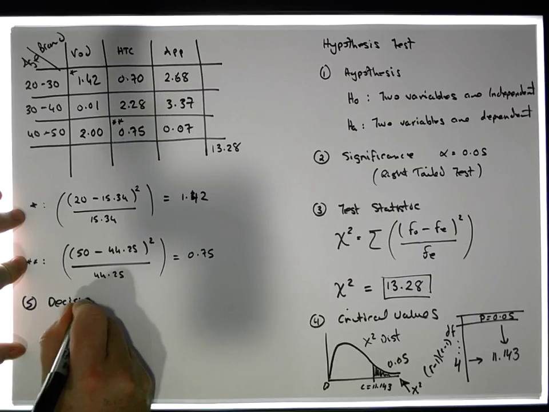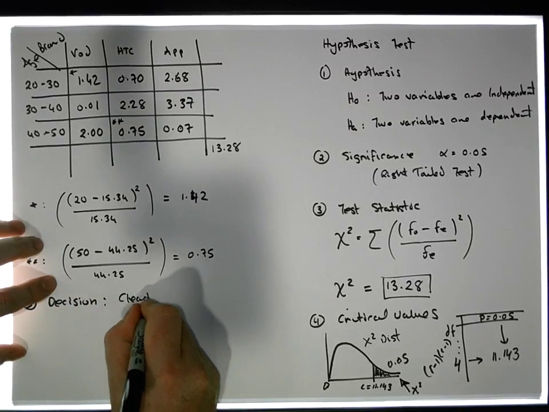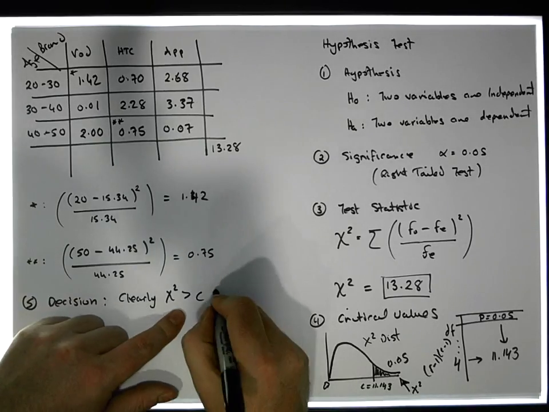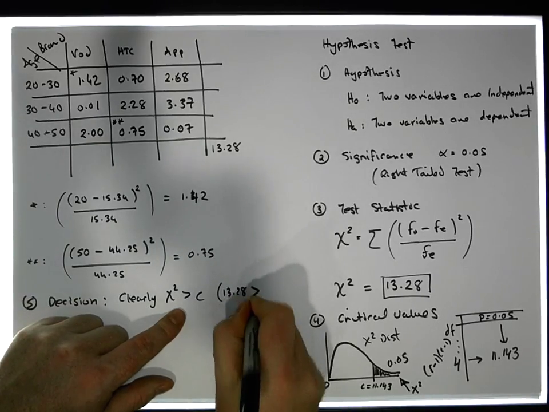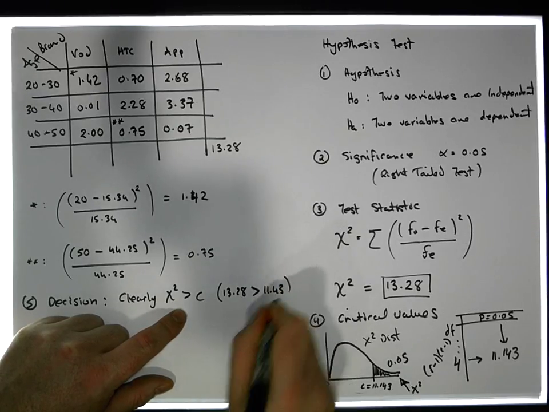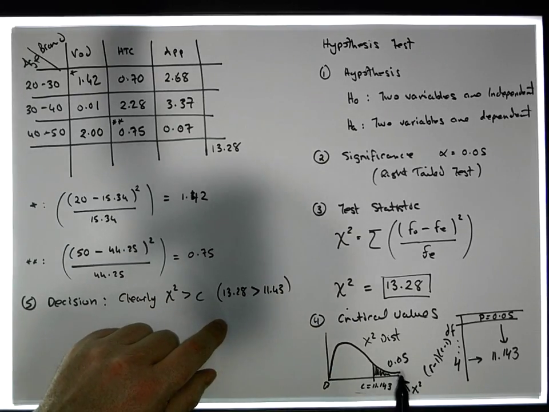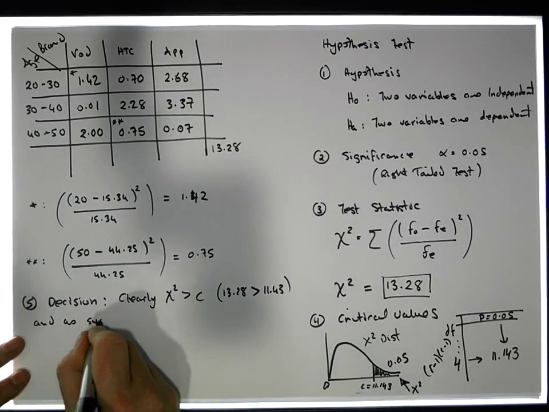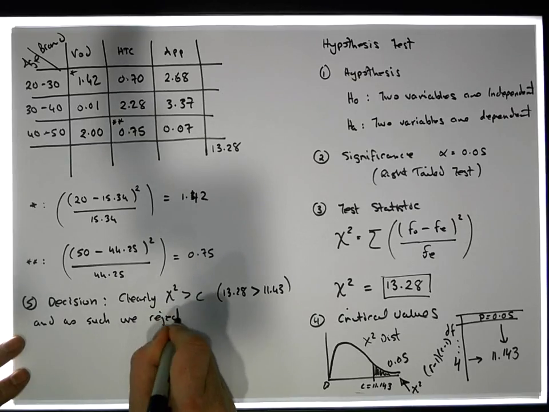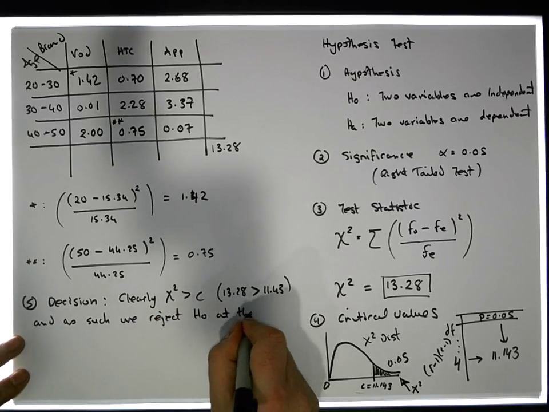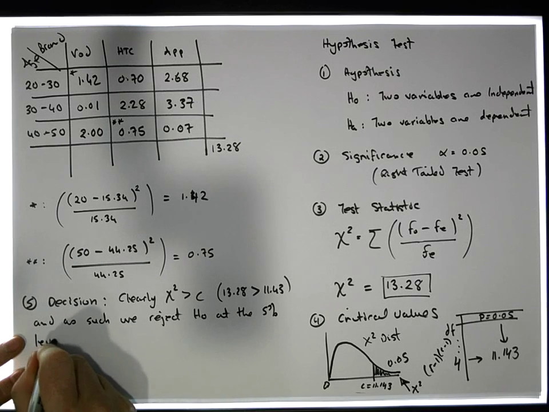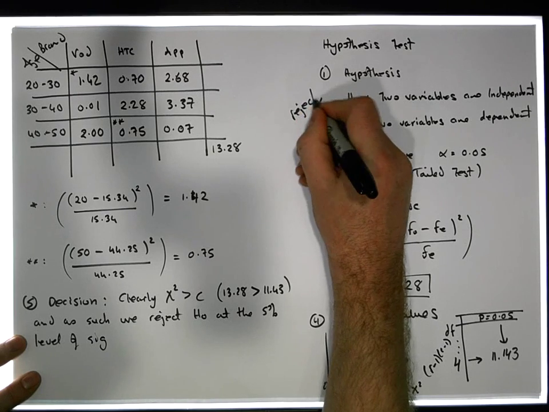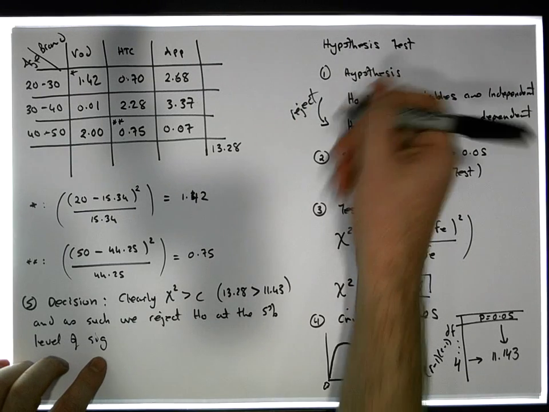Clearly, our test statistic, which is our chi-squared statistic, is bigger than our critical value. What do I mean by that? I mean that 13.28 is bigger than our critical value of 11.143. In other words, it falls in the right-hand tail. And as such, we reject H0 at the 5% level of significance. Once you reject, we can make the inference and infer